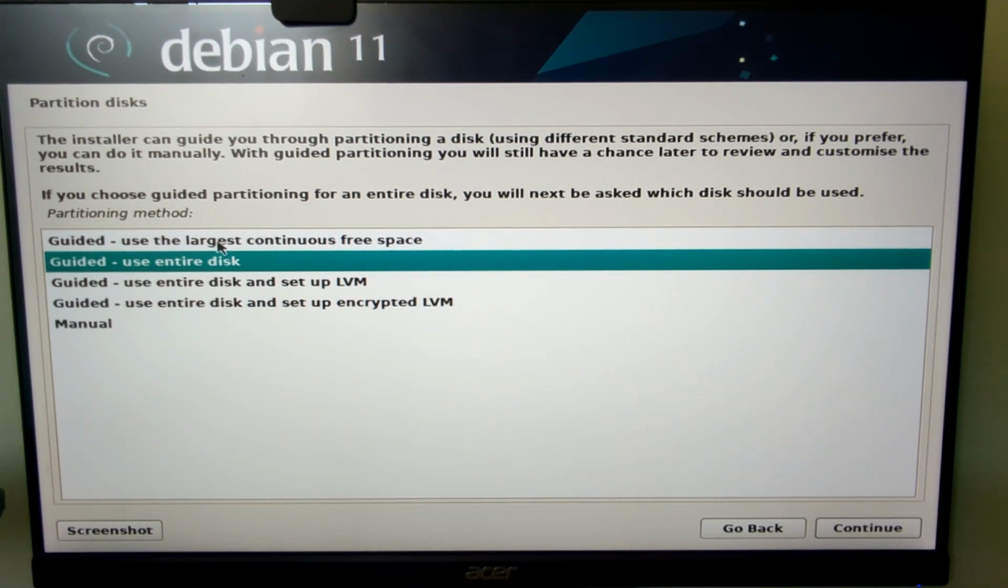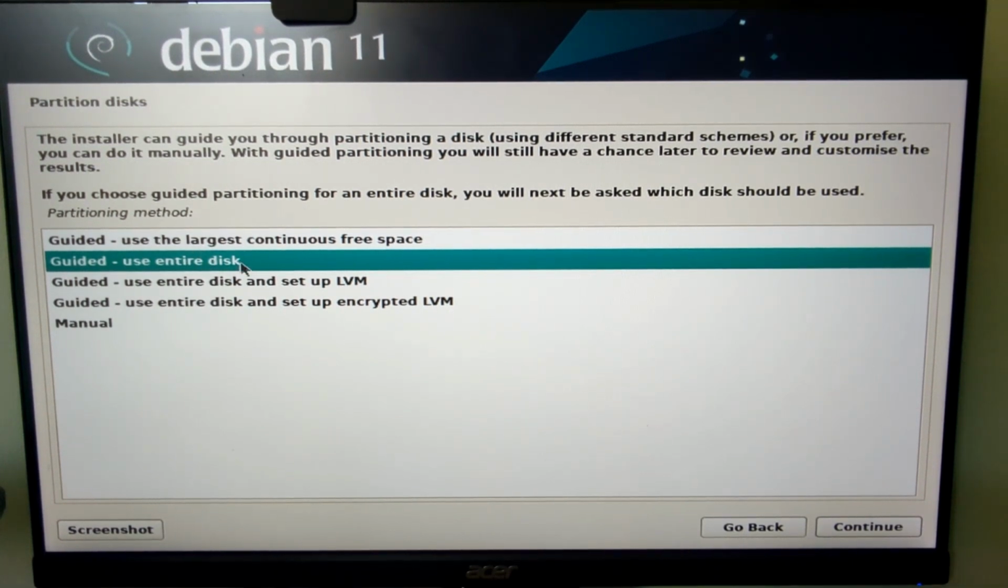If you wanted to do dual boot, what you would need to do is make an empty partition. I've got other guides showing you how to do this, and then you choose guided using the largest continuous free space. But this is an installation guide as if you're using the entire disk, replacing any other operating system, etc. So I'm going to do guided use entire disk,